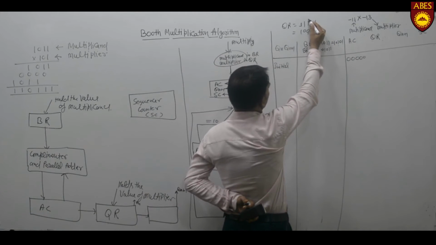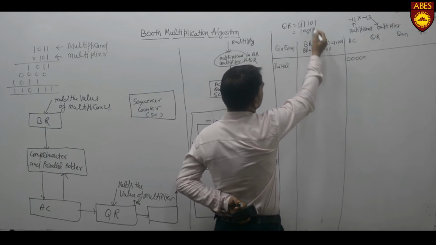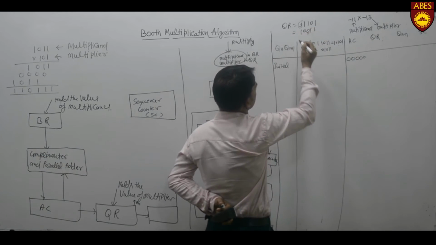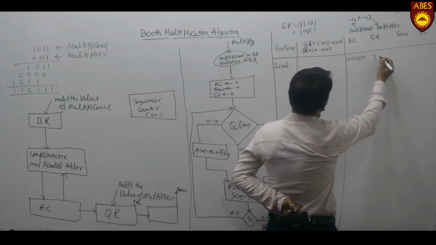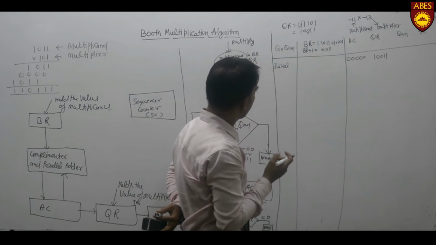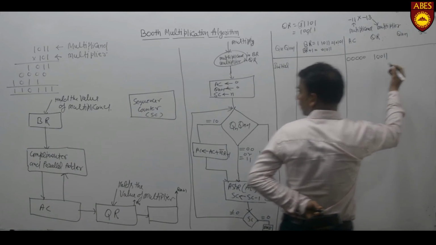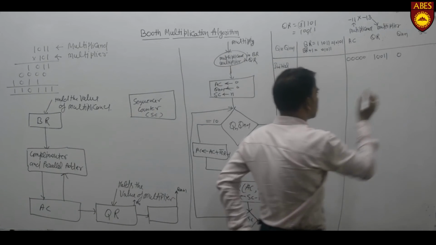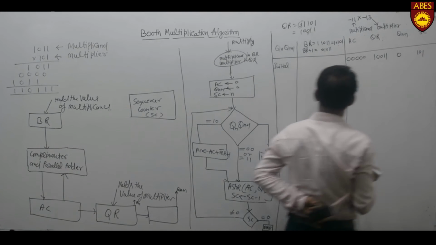8, 4, 12, 1, 13. The sign bit converts into the 2's complement: 1, 1, 1, 1, 1 and 1. So the value of the multiplier is 1, 0, 0, 1, 1. The value of Qn we have already discussed, set as 0, and for the value of SC, we store the total number of bits in the multiplier, that is 5, 1, 0, 1.